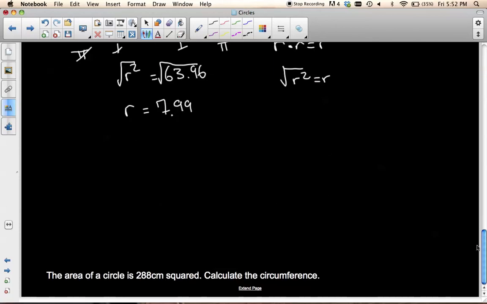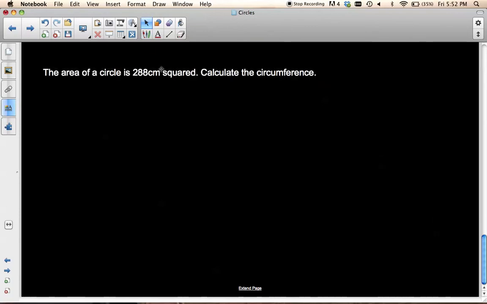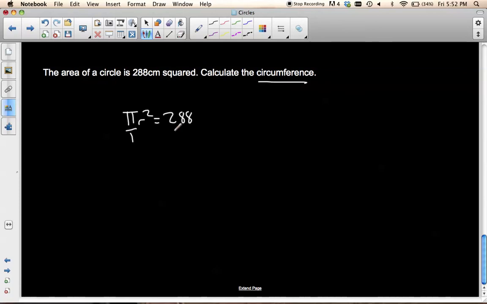So the last problem we're going to look at is we're told that the area of a circle is 288 centimeters squared, and they want us to calculate the circumference. Well, same thing, pi times the radius squared gives us 288. We have to isolate our r, so we put both sides over 1, do the reciprocal of 1 over pi. 1 divided by 1 is 1, pi divided by pi is 1. We're left with radius squared. 1 divided by 1 is 1. 288 divided by pi will give me 91.6,